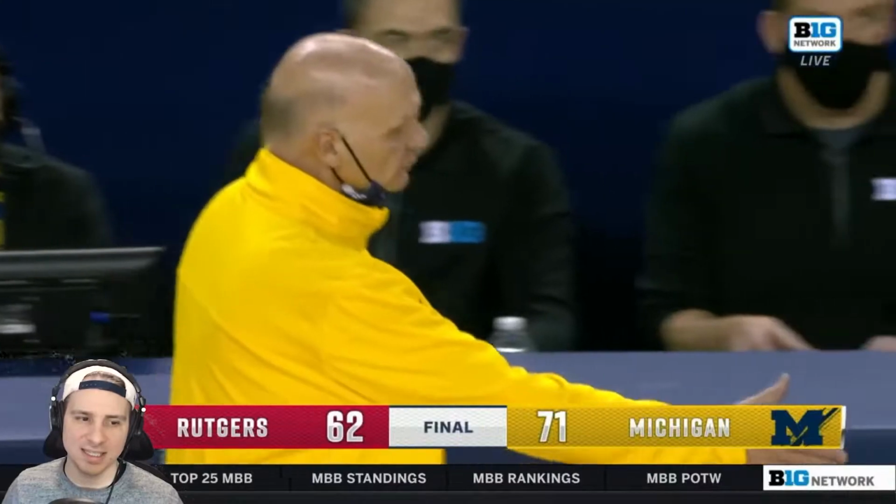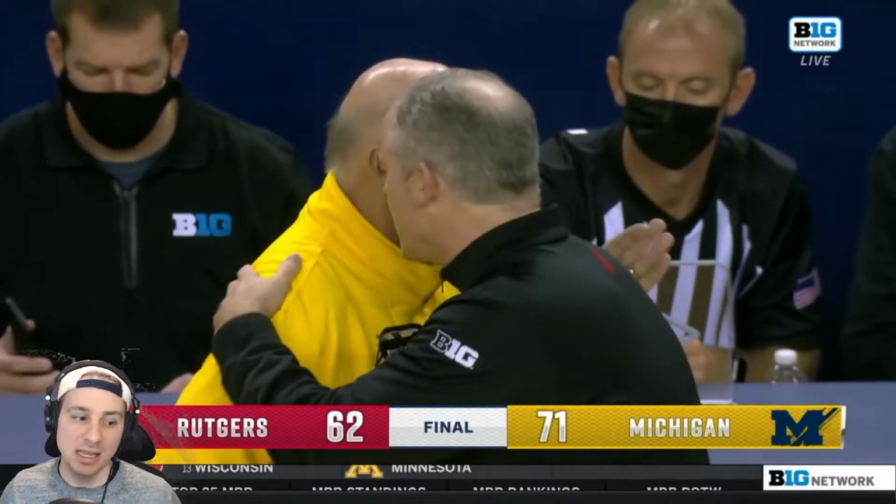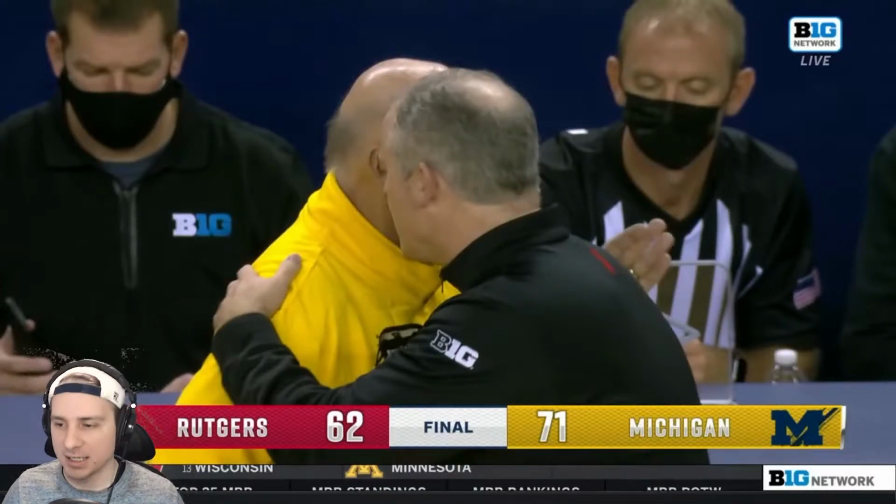9-point win, 71-62. Phil Martelli obviously filling in for Juwan Howard on his 5-game suspension. Didn't have Terrance Williams in this one. Didn't have Diabate. So this was a huge win. Let's move right into stats here